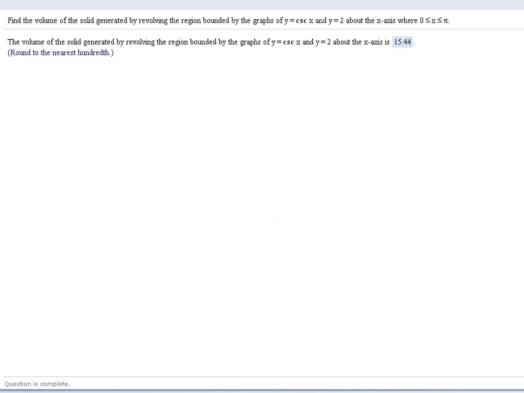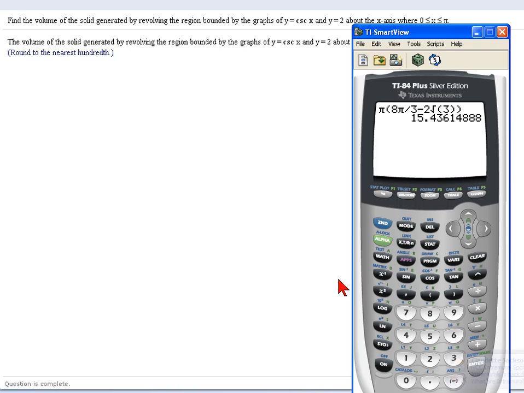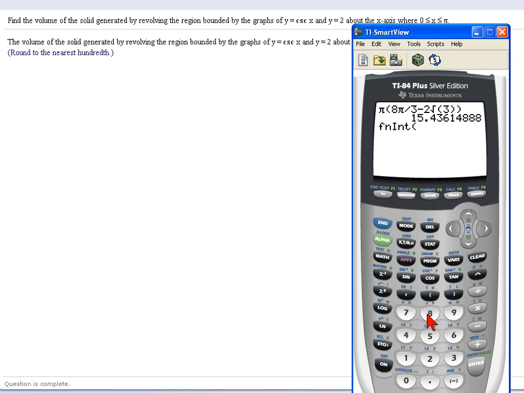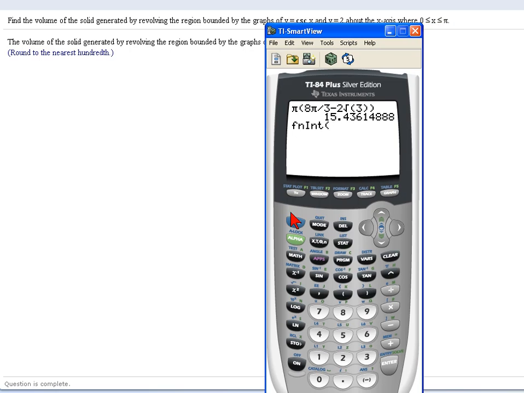Okay, and so that was the hard way to do it. If you had done it with your calculator from the beginning, you can do math and then down to choice 9, which is fnInt, and then you type in the formula. I only have 27 seconds here, so I'm assuming that you know how to do this with your calculator, but it's the pi and then the 4 minus the 1 divided by the sine of x, squared, and then comma the limits of integration, which are pi over 6 to 5 pi over 6, and if you hit enter, you should